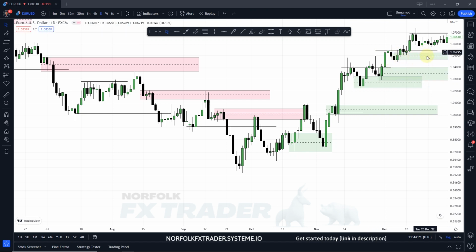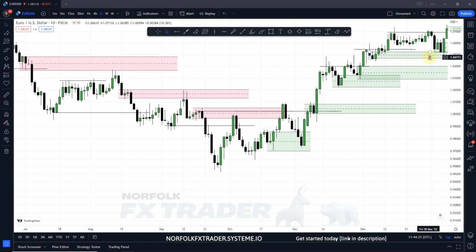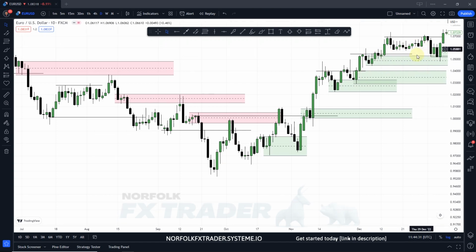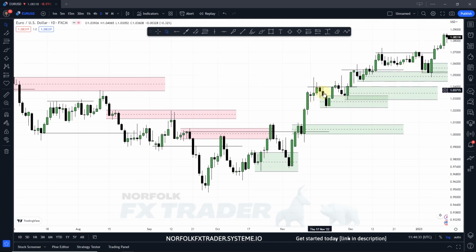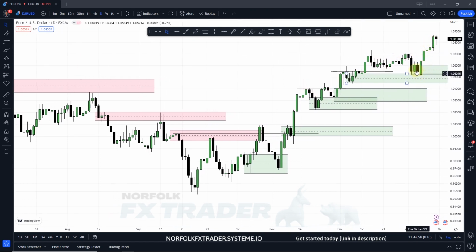We then create this small area of demand here. And just pull that down. This would be my demand zone we'd have drawn. The market comes back into that demand zone again. Look at this. Price continues up, bounces off the demand zones, all by using the line chart. We're not using the wicks for the breaks. We're using the line chart for the breakouts. This is where the body, you see how the body closes through, the body close. The body closes through. And we continue up,